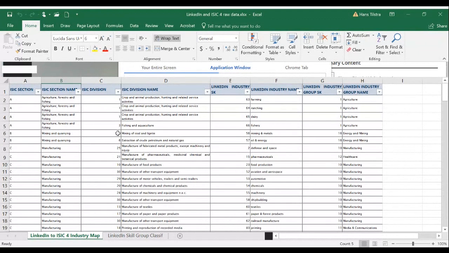Okay, so this is an example of the LinkedIn data. LinkedIn has both a skills group classification as well as a link to ISIC. As you can see, and this goes to not having to reinvent the wheel, LinkedIn provides a skills group, and you could trawl through that arguably and say, look, I'm